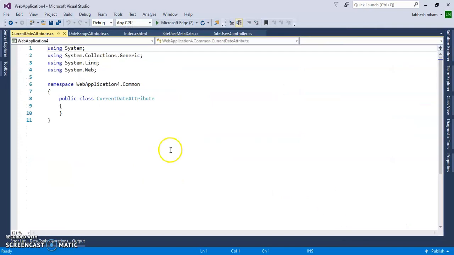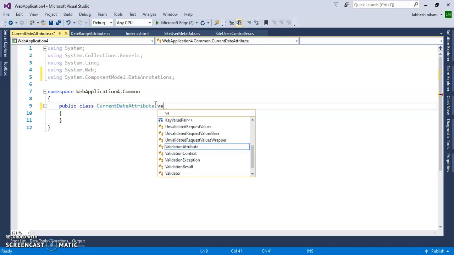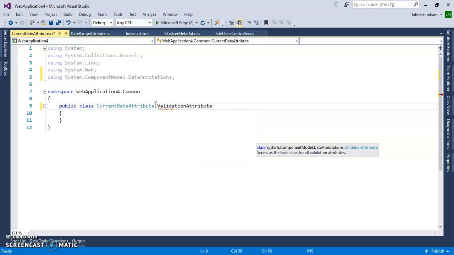In this class I will add the namespace using System.ComponentModel.DataAnnotations, and inherit it from ValidationAttribute, an abstract class.